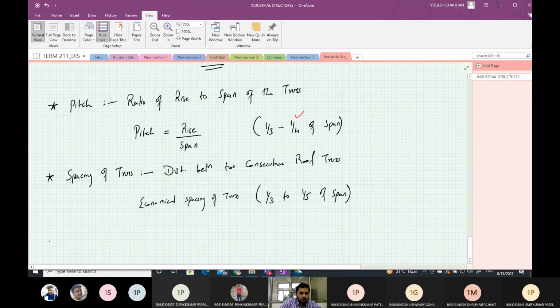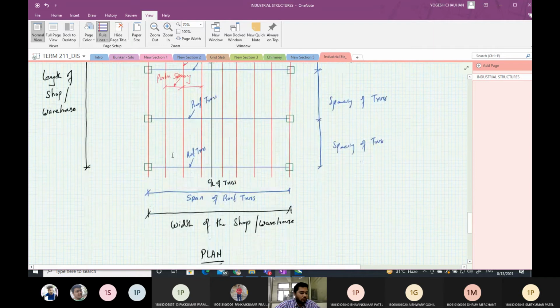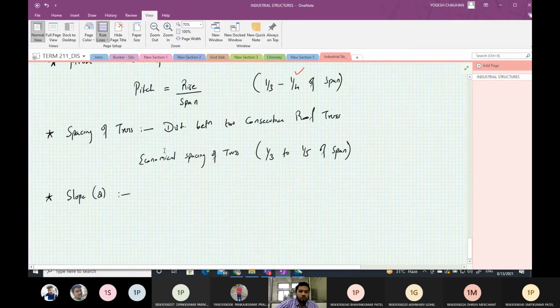Similarly, we have the slope theta. This slope is the ratio of rise to half span.